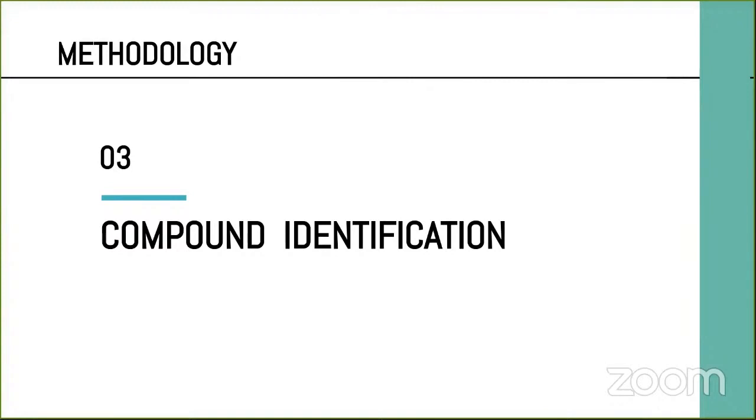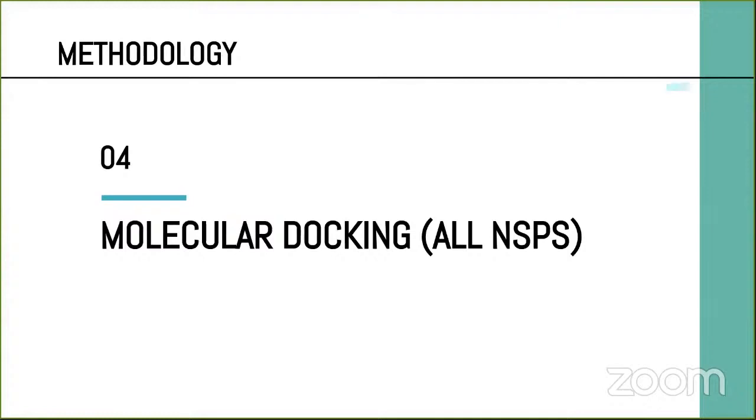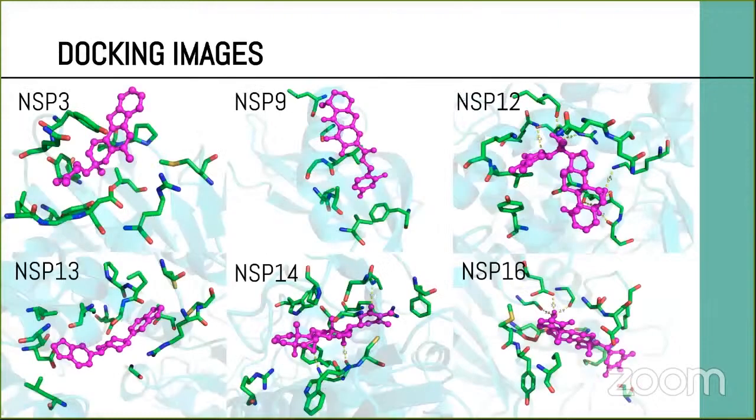I'm not going in depth with these concepts because I have to show how GROMACS is running, so I don't want to waste time in that area. I'll just go to some of the molecular docking images. These are the docking images for selected compounds. I guess Parasuram sir explained about the software yesterday, how AutoDock, meaning docking, happens. So this is just the docking we have performed for each and every target and each and every drug molecule.